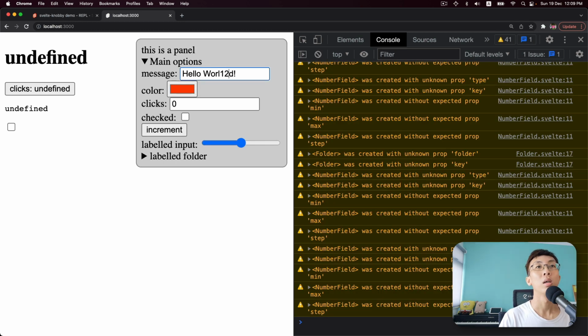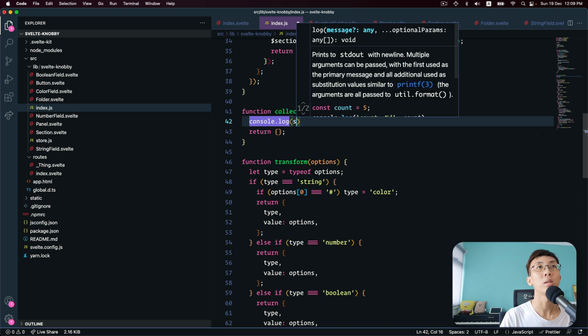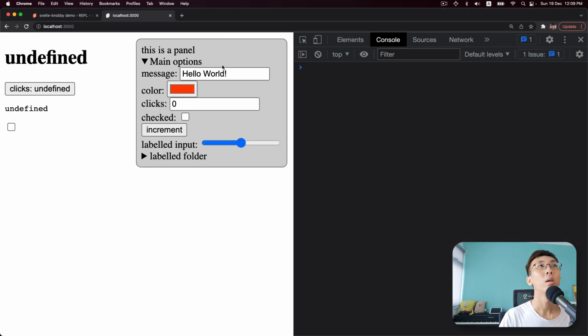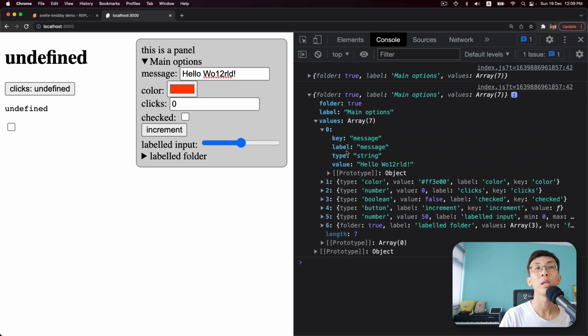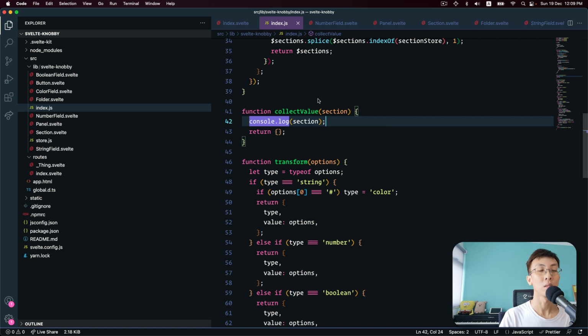refresh. Oops. Because we removed the console. Okay, let me lock section. So if I change something, you see that we have folders, values, and then we have key message. And I think the most important one is this number over here, where label is a label input, but the key is the constraint. All right, so now we need to take this whole thing, copy object,